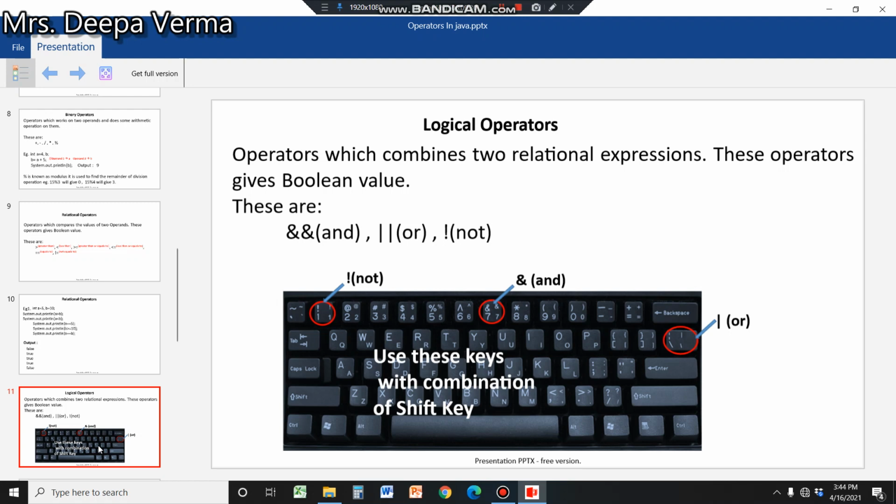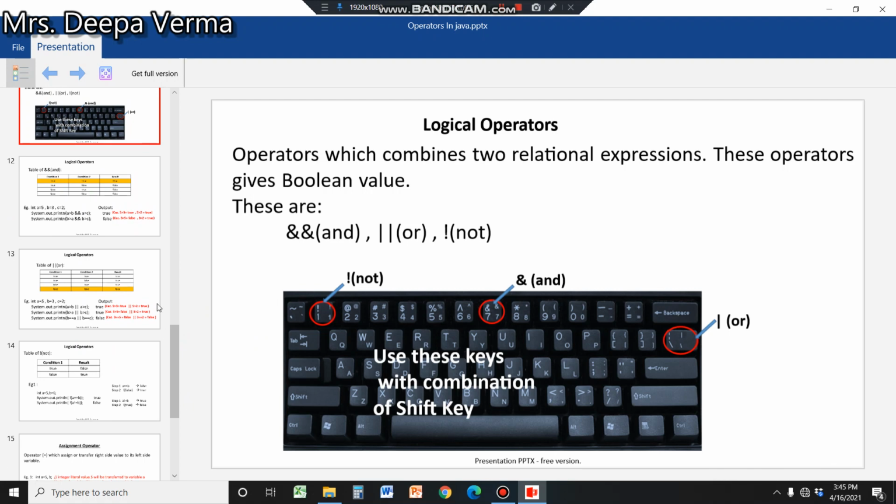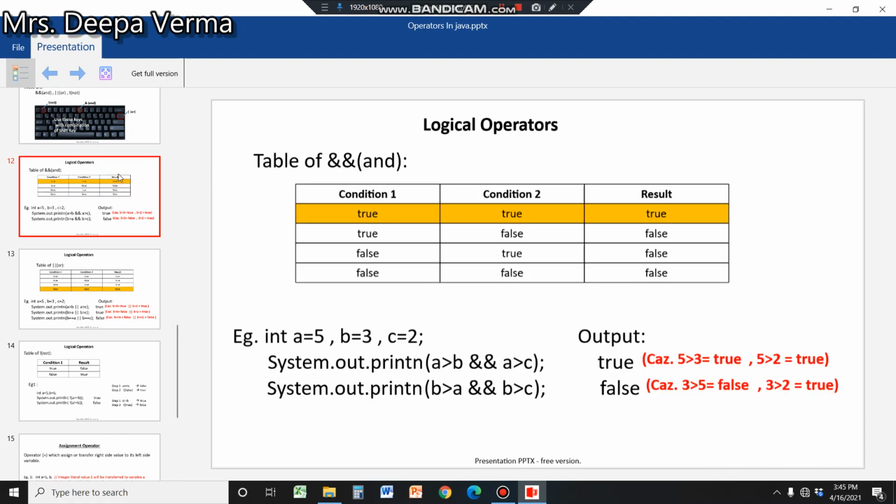Okay. Now the logical operator. Children, you have also used logical operators in class 7. But there you were using AND, OR and NOT. Here you will use the ampersand sign for and, two pipes for or, and this sign for not. You can see in this diagram all three symbols are given. I think you have understood. How to use it you will understand when we explain the program. Logical operators we will explain in the next video.